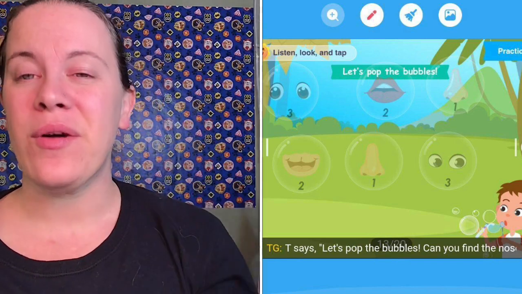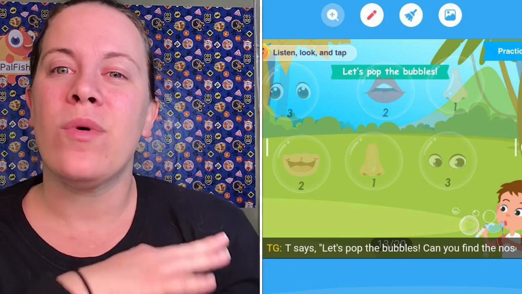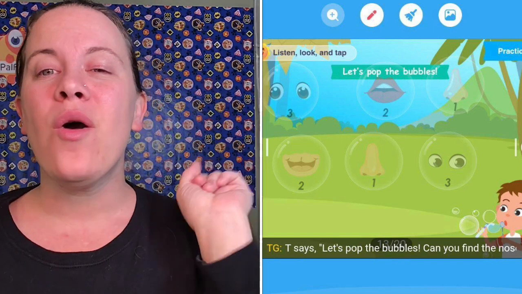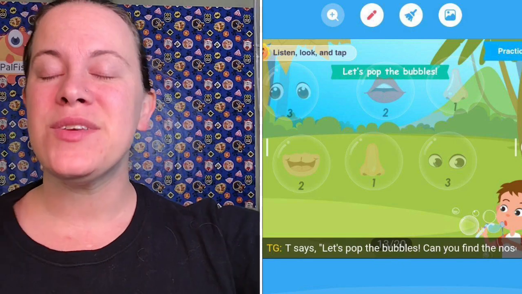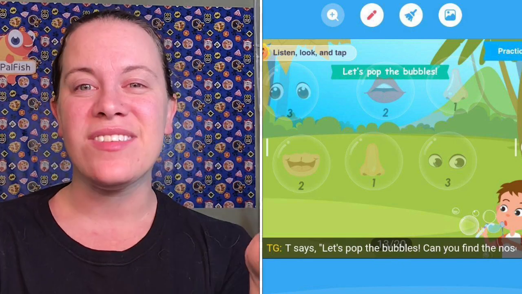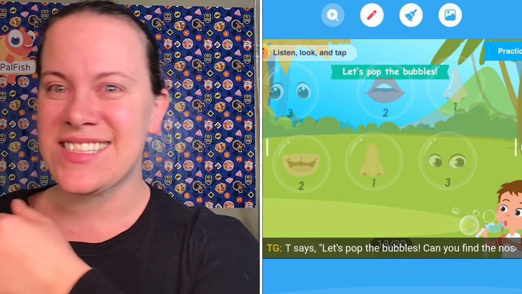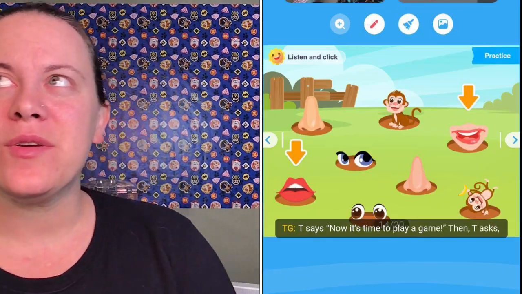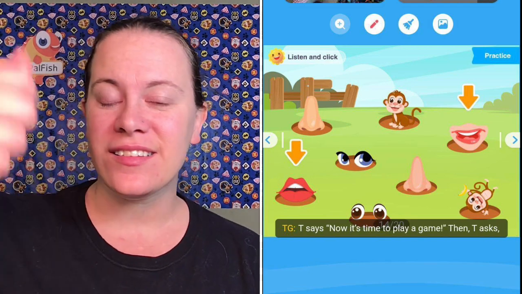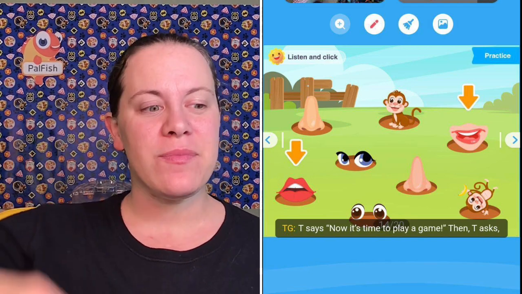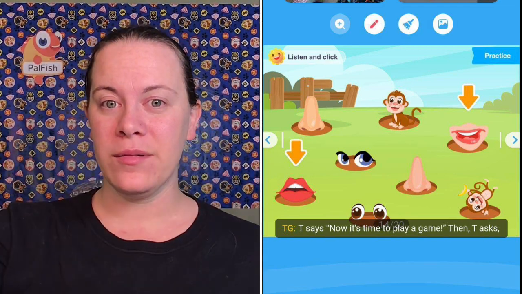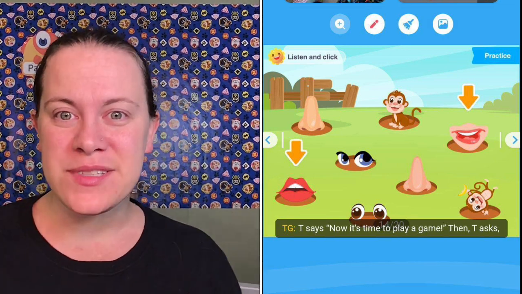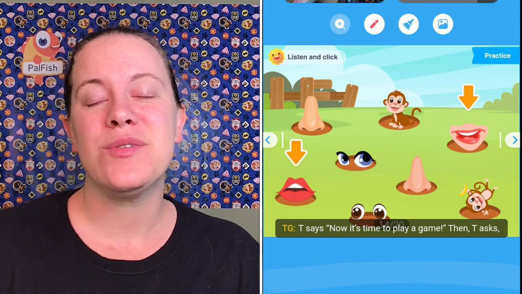Okay, then you're going to go through and do the rest of the body parts. Once all the bubbles are popped, and they will be moving around on the screen, you can give them a thumbs up, you can give them a star, you can move on to the next slide. It's just like whack-a-mole. Props that you could use on it. You could use a little toy doctor's hammer or something. You could bonk, bonk. You could use your toy props to play this game if you wanted to,